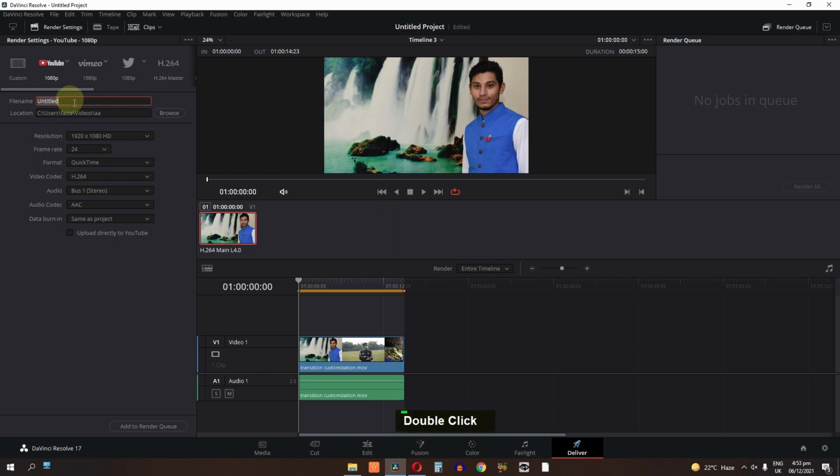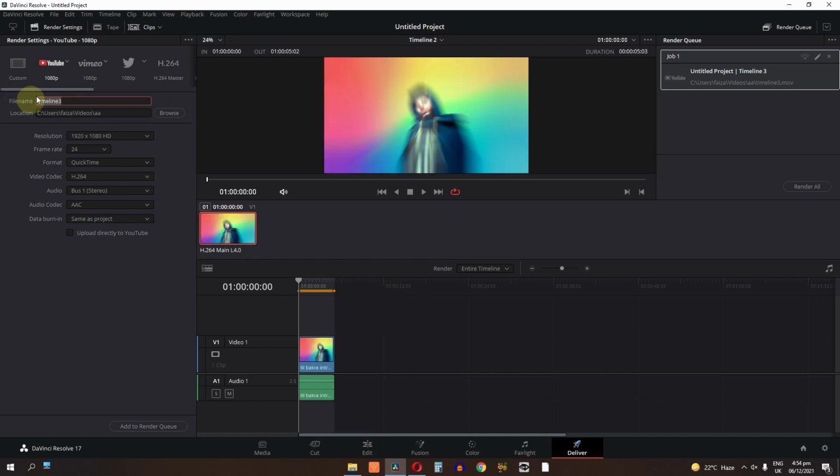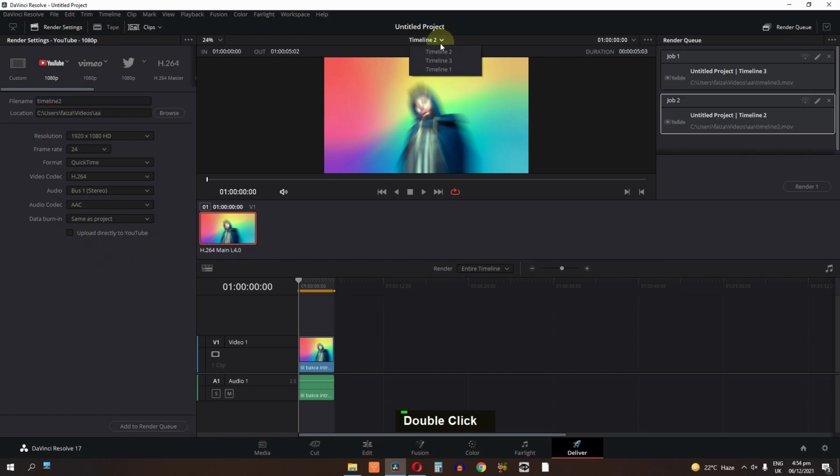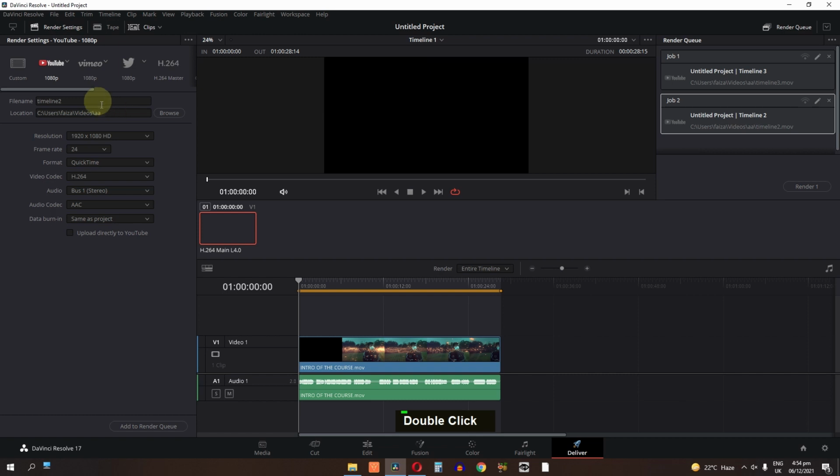First of all, we need to rename this as timeline 3. Now add to render queue, and now select the second timeline and change this name to timeline number 2. Now select the timeline number 1 and change the name to timeline number 1.